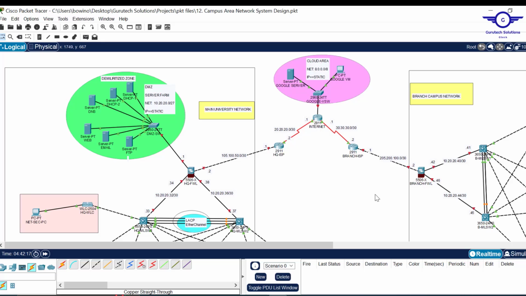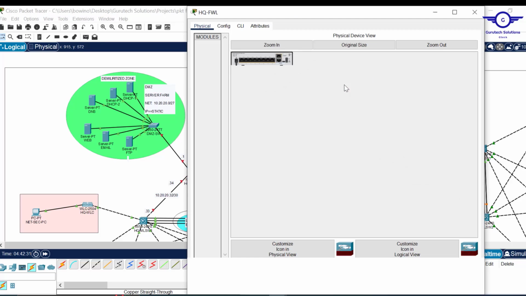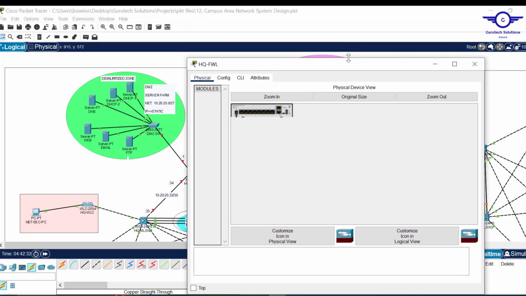Okay, so I'm going to configure IP addresses to the routers and the multi-layer switches interfaces. All right. So finally, we want to configure IP addresses to the firewall. Firewall is very delicate. That's why I did the routers very fast, and we have time to do the firewall. Okay. So for the firewall, just click on the firewall,